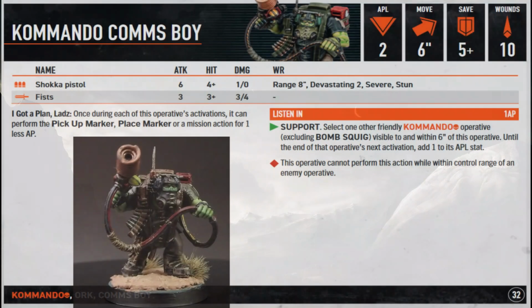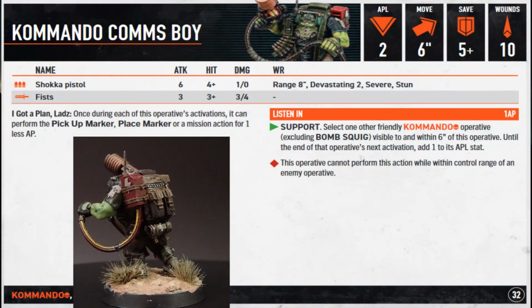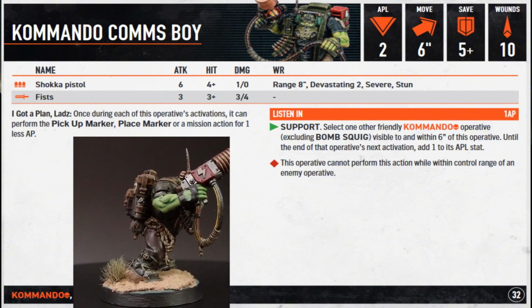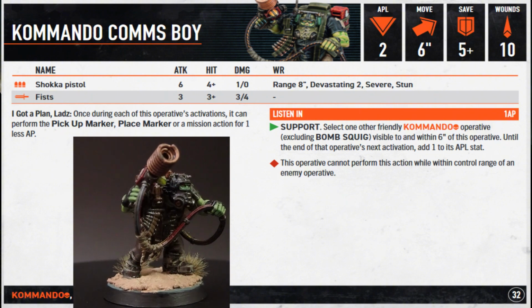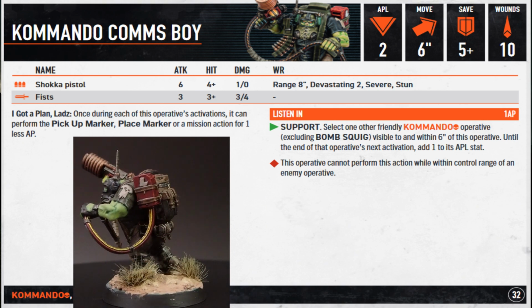The Comms Boy is also nearly the same in KT-24. The critical damage on the Shaka pistol is reduced by 1, but gains the severe rule, which means that we will always be getting at least 1 crit if we hit anything at all. This is a minor upgrade, but it makes it easier to chip damage with the Comms Boy